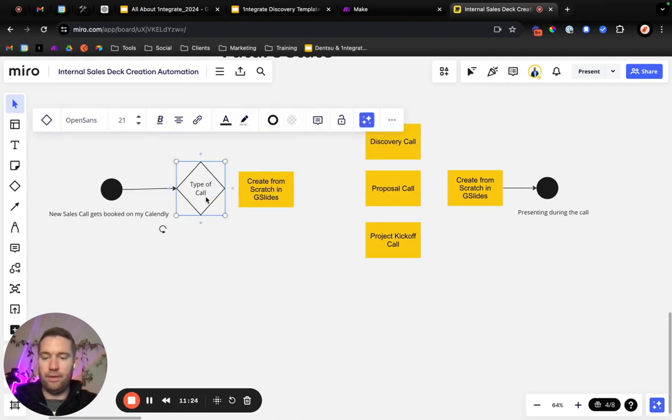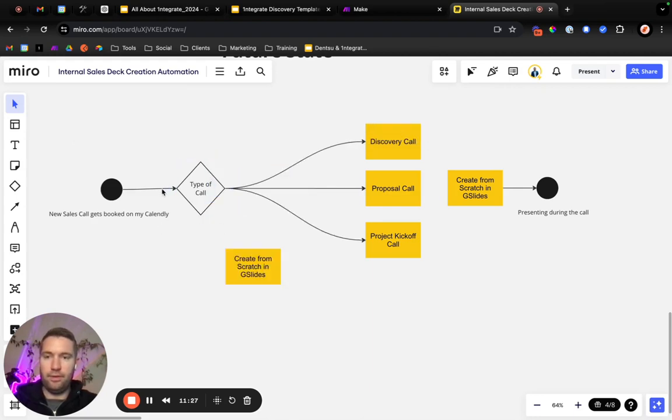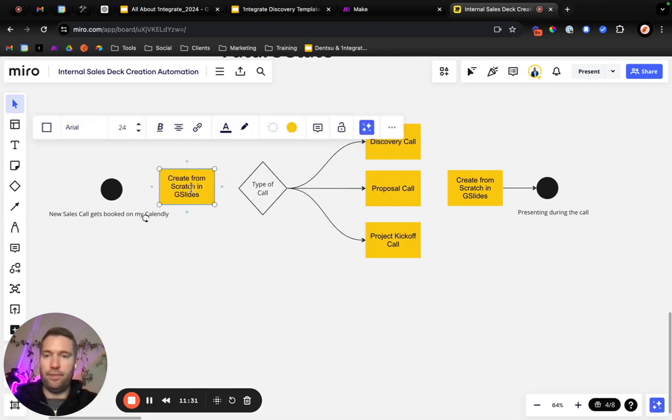So it actually doesn't matter the type of call yet. So I'm going to break this and have, when a new sales call gets booked on my Calendly, I should probably have different Calendly types. So